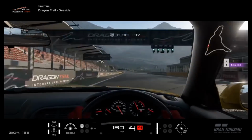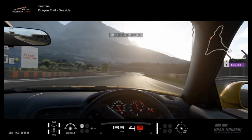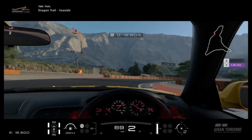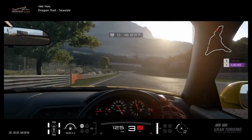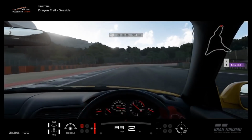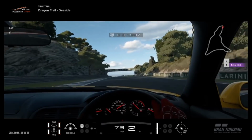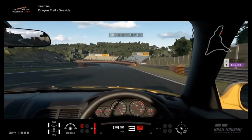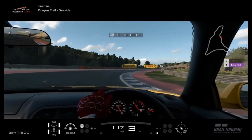Whereas the R32 and the R34 in particular, I would say almost feel like exact 50-50 cars. Now they're not 50-50 like an NSX is, but they're not too far off, especially in the way they handle. They have a very similar 50-50 kind of grip distribution feel that something like an Audi TT Quattro would have as well. Whereas with this one, I've always felt that the R33 is just that little bit more tail happy. And yet at the same time, I think this really does factor into one of the reasons why people don't like it as much. Because if you consider each range of the GT-R, from the R32 right up to the R35, each of them has a very distinct flavour to it,